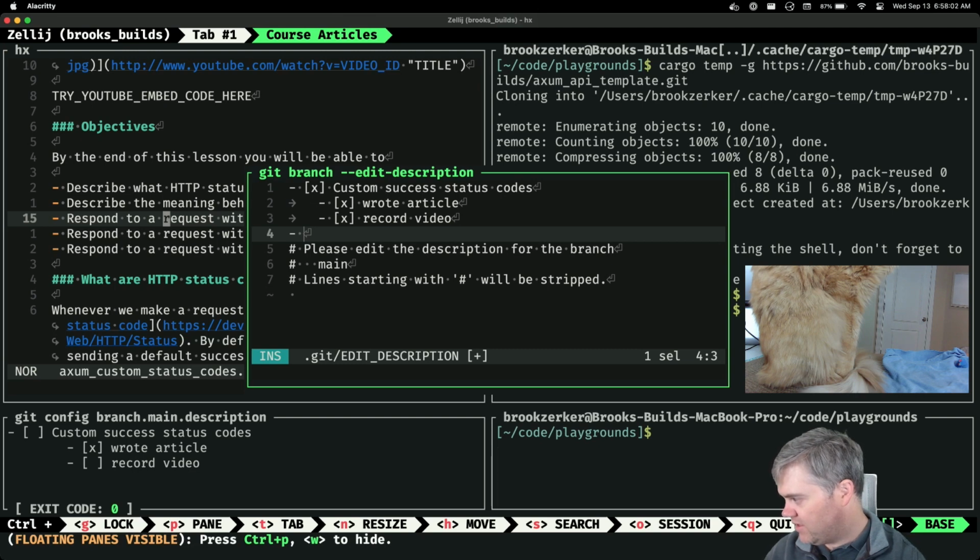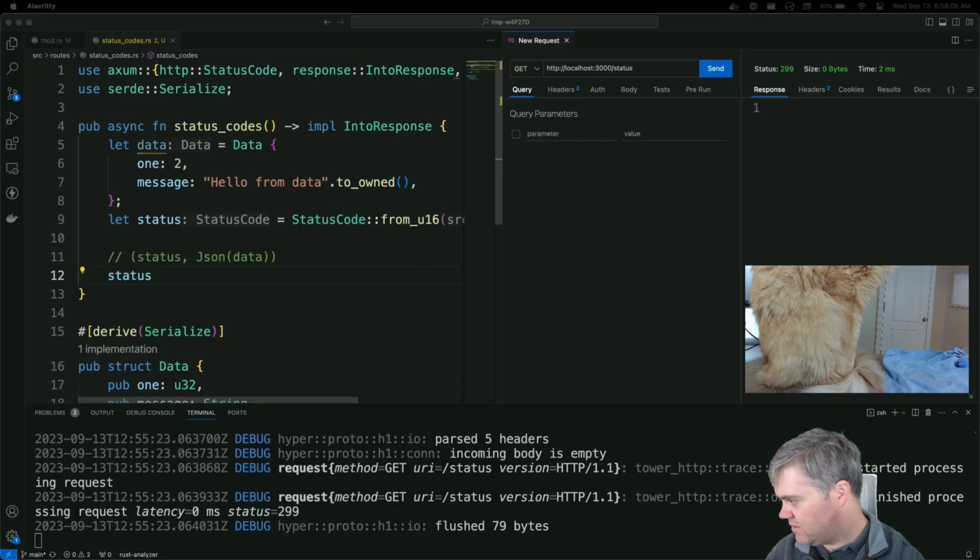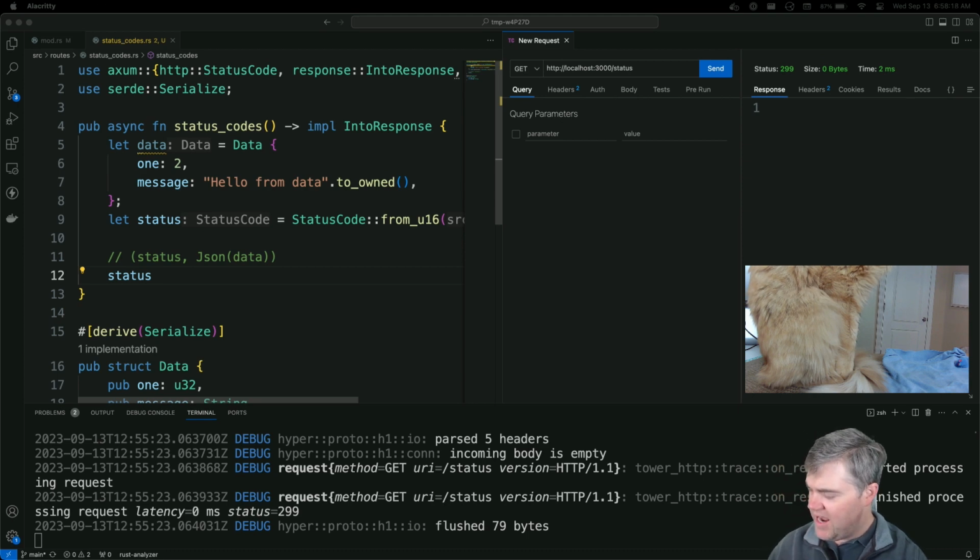Okay, so we have custom success. Responds with an error. And then a custom error. So I don't think I need an error because we can do errors like that. So I think I can get rid of that one.